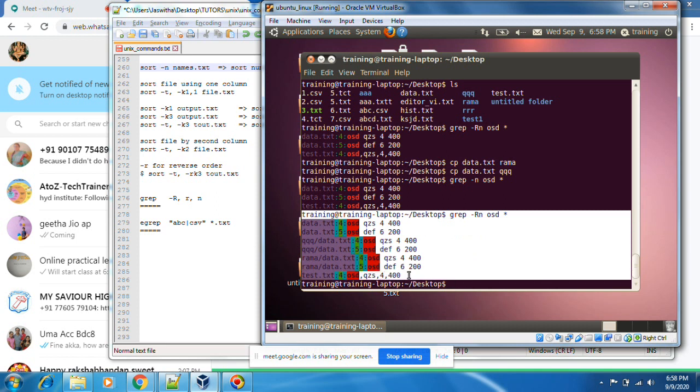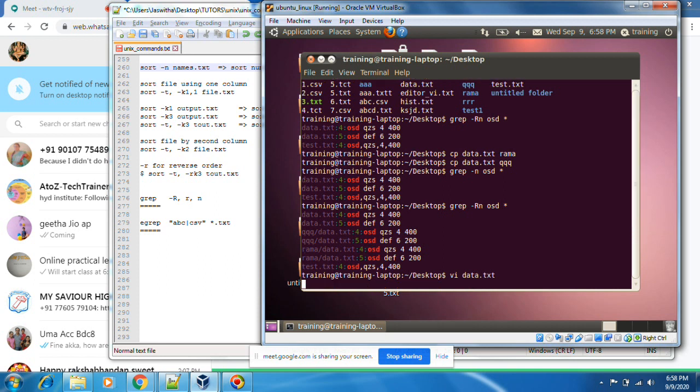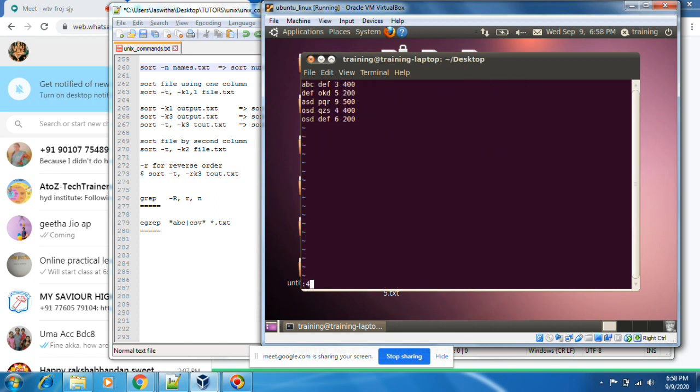Wherever the word is, we can find it through grep. -n means which line number in the file it is on. You can check that: vi data.txt. If I go to line number 4, yes, OSD is on line number 4.